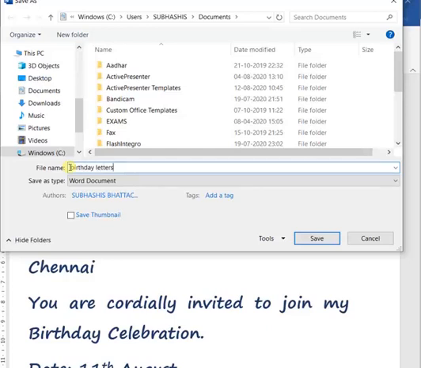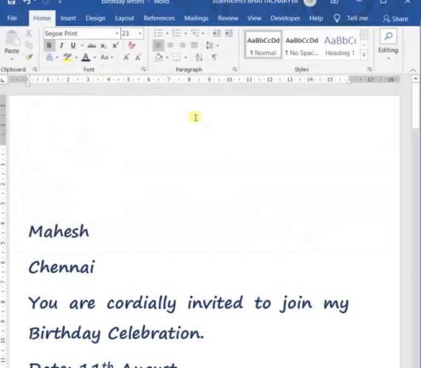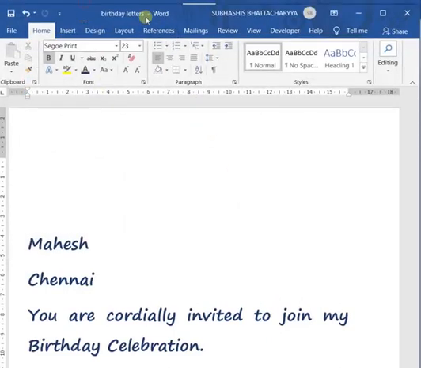It is meant for birthday purposes, so we are saving it as birthday letters. So our file has been saved as birthday letters. You can see the file name here, birthday letters.